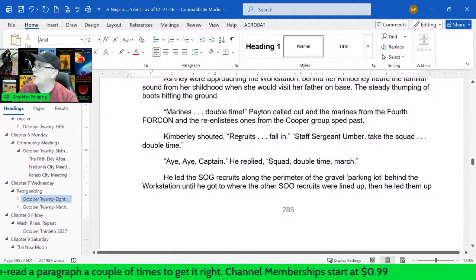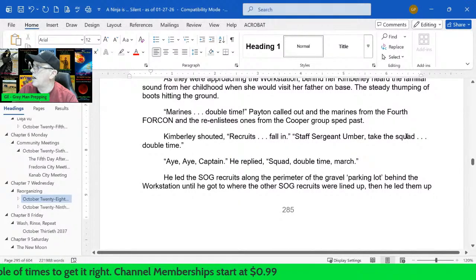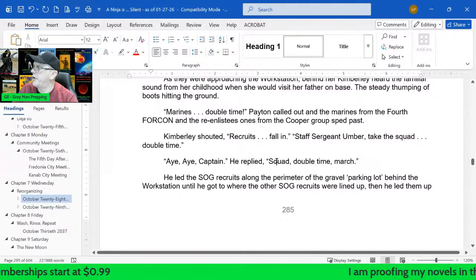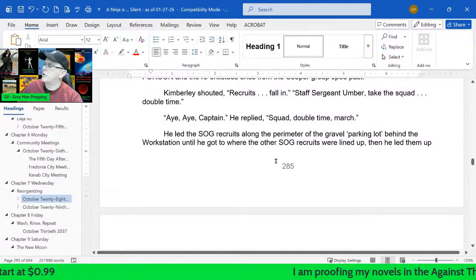Kimberly shouted, "Recruits, fall in! Sergeant Umber, take the squad, double time." "Aye, aye, Captain," he replied. "Squad, double time march." He led the Saga recruits